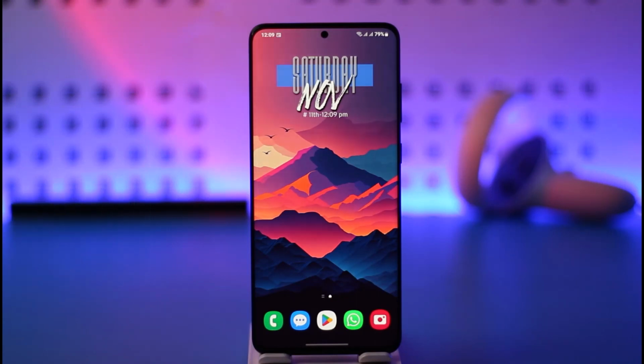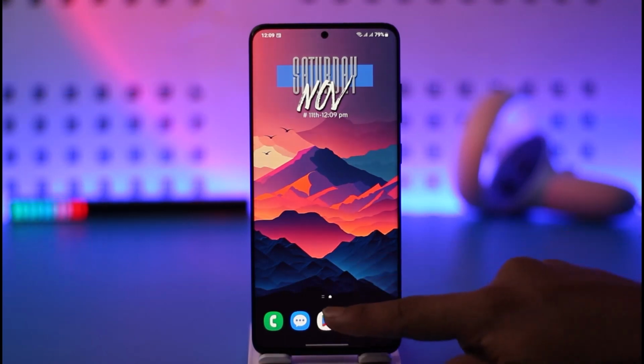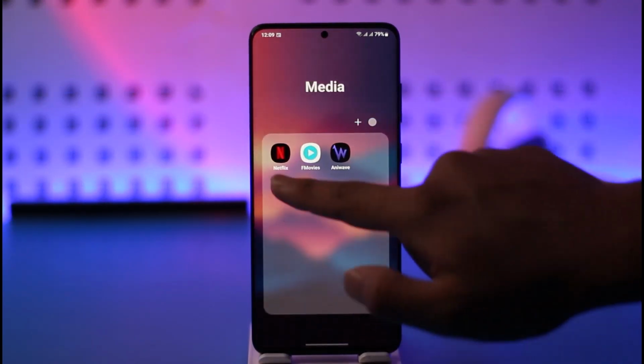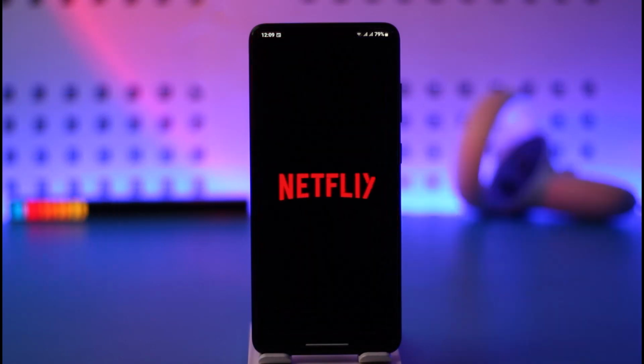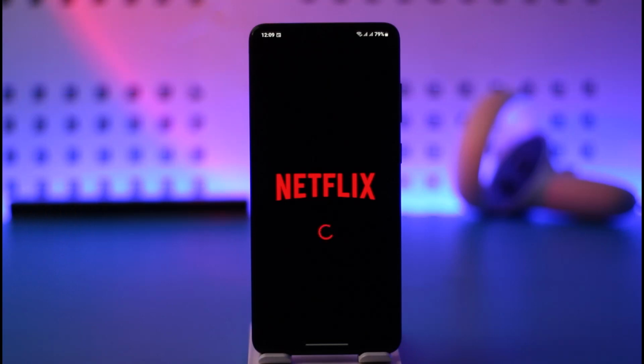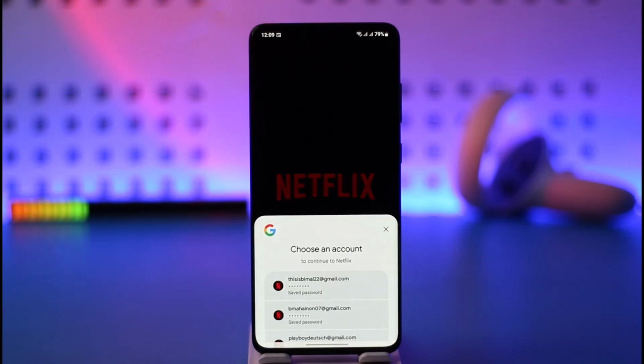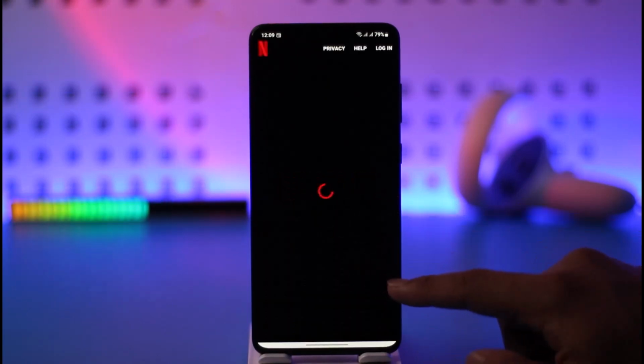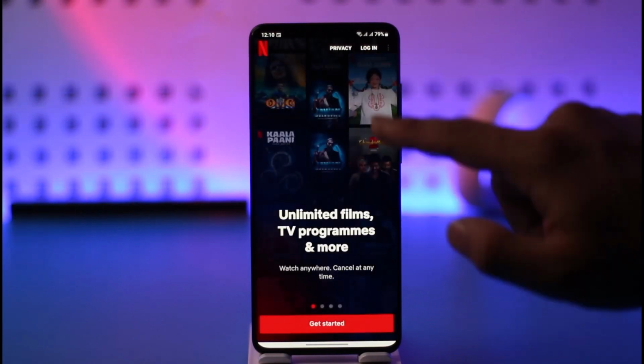You can go to netflix.com from your browser if you're using a laptop or PC, or you can head over to your app store and make sure to download the Netflix application. Once you launch the Netflix application, go ahead and open it up. If you haven't created an account, we also have already made a video on how you can create a Netflix account. So once you're here, it will ask you to log in, so just make sure to tap the login option there,